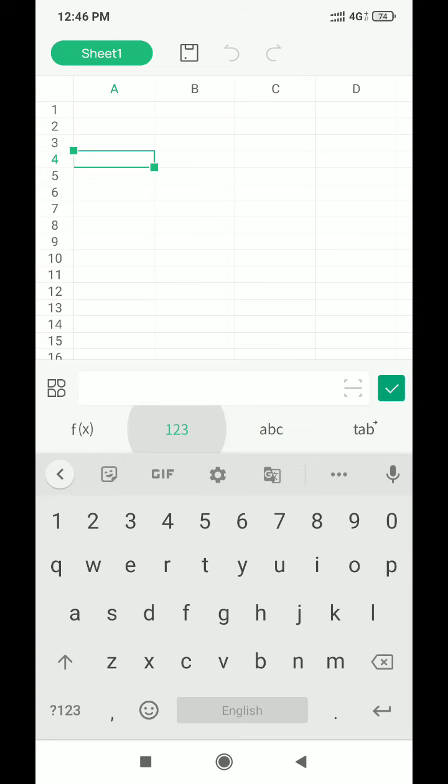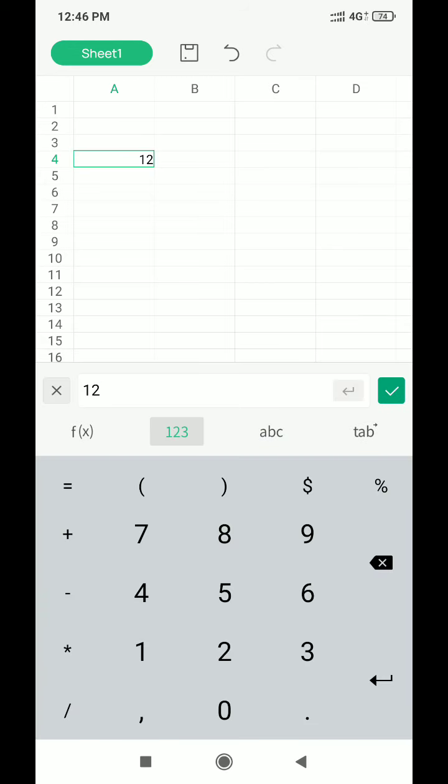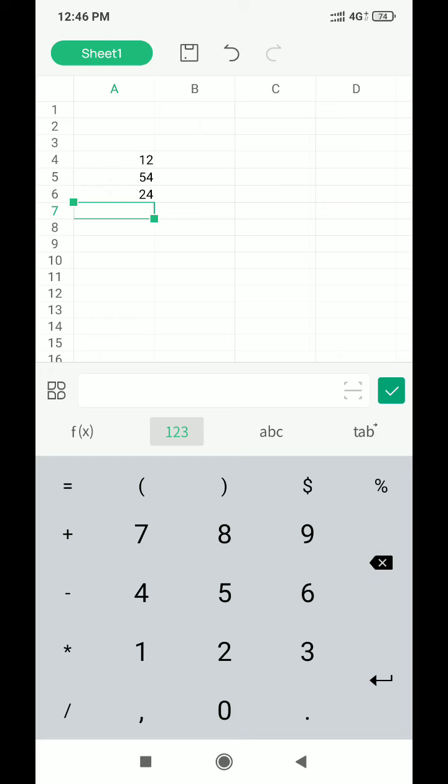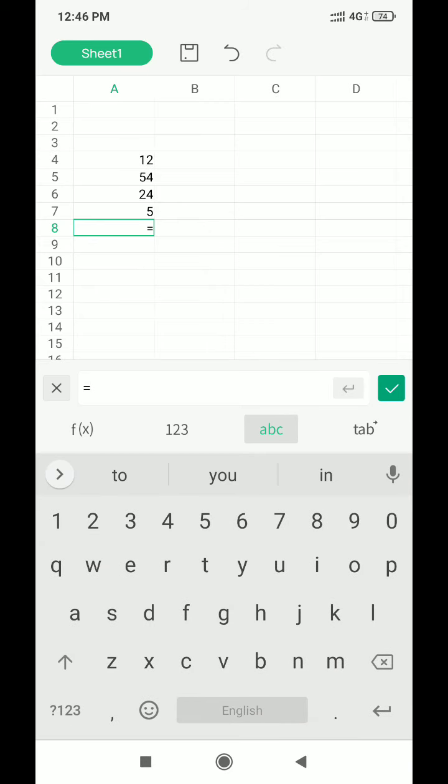So now you can write 12. Okay. And so now I'm writing. If I want to write any formula to add these numbers, you can write the equal to sign, and then you can use the name of the first cell, that is A4.